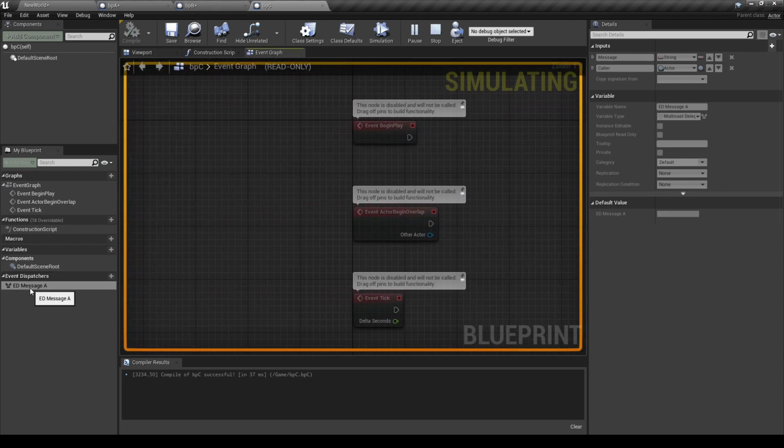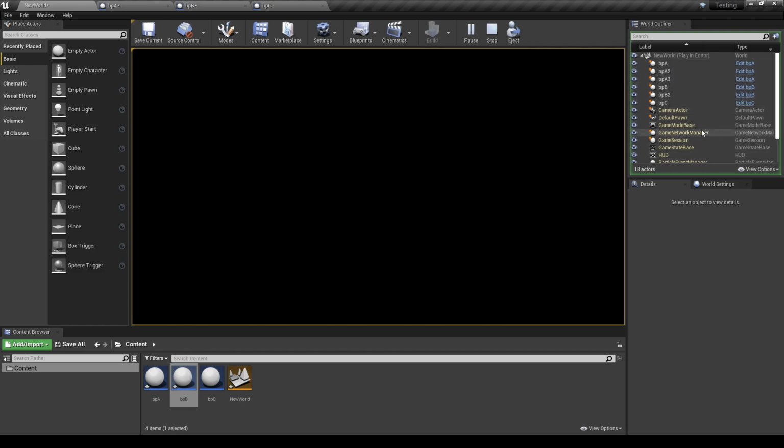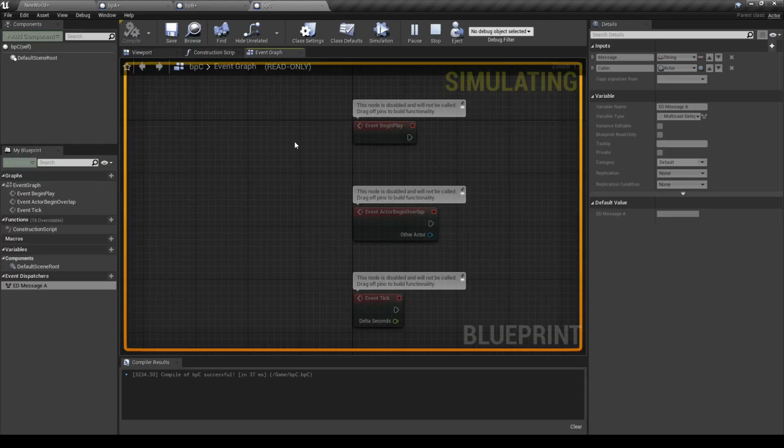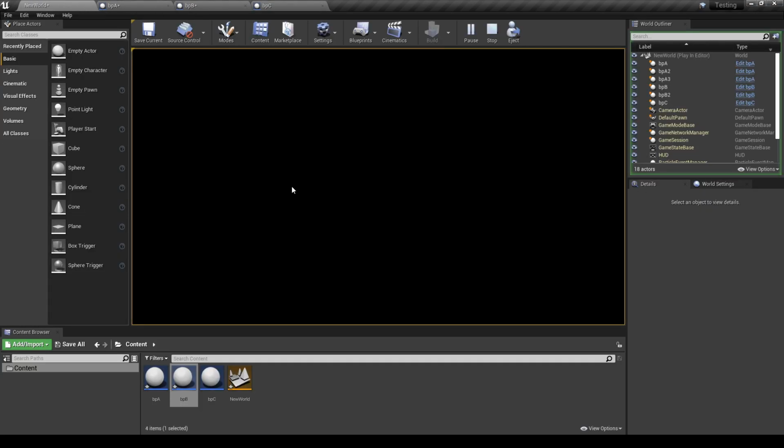to relay some message. So in my case, Blueprint C was a simple actor in my level, but this can be any object that you have in your level that can be known from the blueprint you want to communicate with. So in my example, it's a simple actor, so you can place this in your level, but it can also be, for example, the game mode or the game character and so on. So that's it for this small tutorial.